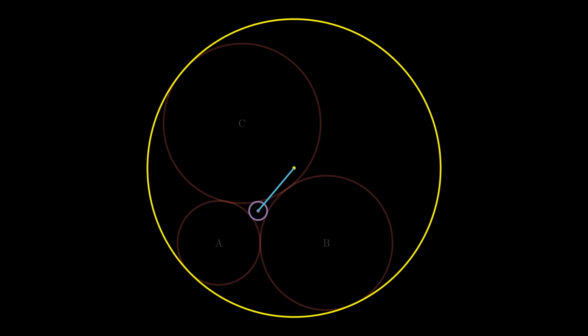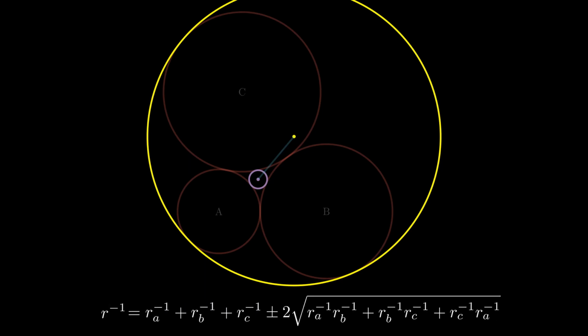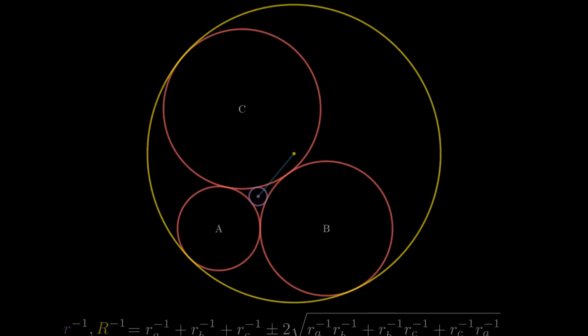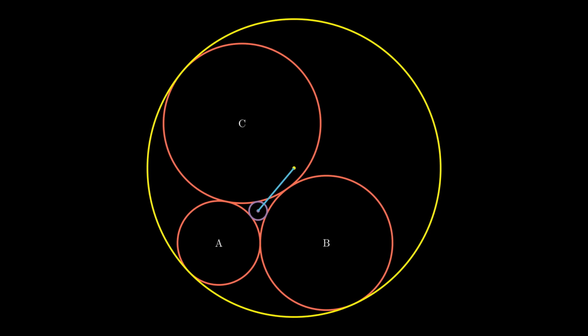It says, if there are four mutually tangent circles, then the radii of these circles satisfy a quadratic expression shown here. Solving it in terms of the radius of the fourth circle, we can see that there are, in general, two solutions which correspond to the radii of the two new circles. Quite simply, we were given three mutually tangent circles. We created two new circles and found their radii with an explicit formula. We are now interested in the distance between the centers of the newly created circles in terms of their radii.